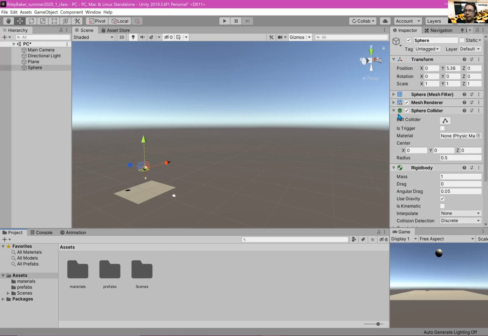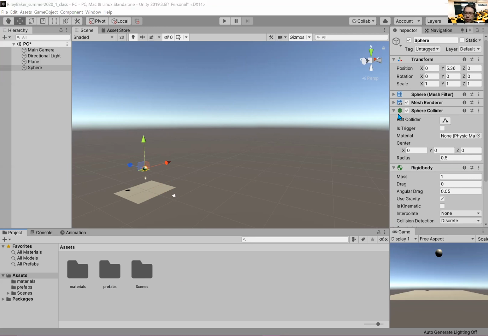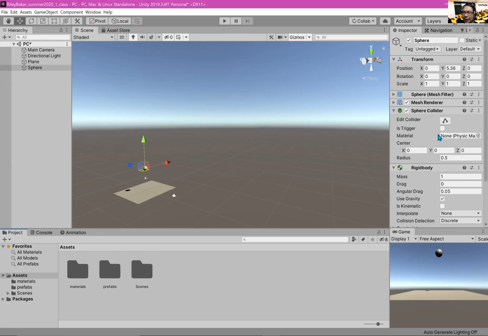And then, if I take a look at the collider, no, it's not going to be leggy, Max. Don't worry. If I take a look at the sphere collider on it, or really any collider,